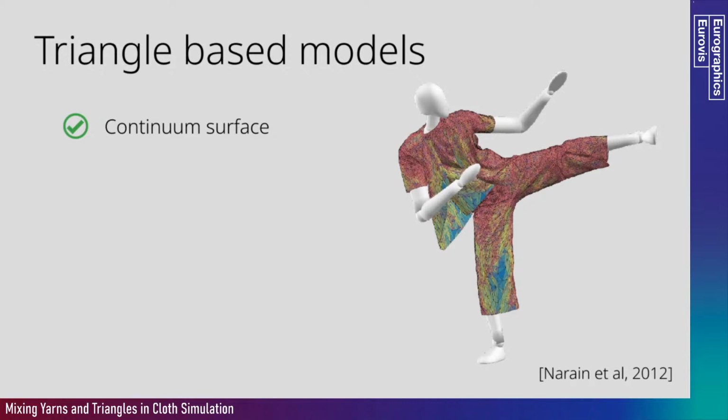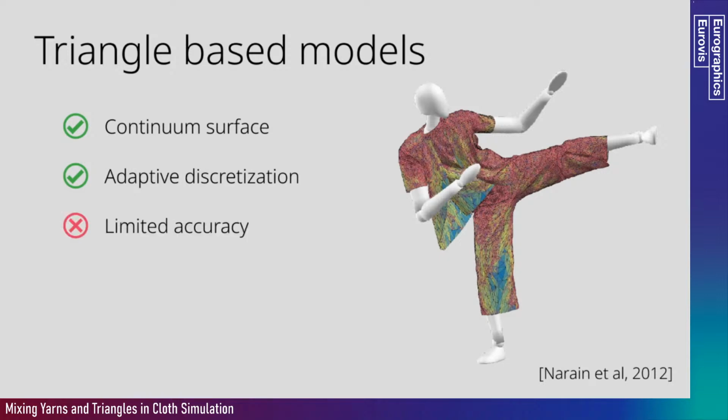The classic approach to cloth simulation is to use triangle-based models. They consider cloth as a continuum surface, discretizing it using a triangle mesh. The discretization can be adapted based on the computational needs or the level of detail required by the application. There is also the possibility to modify the discretization at runtime, adding or removing triangles where needed. However,